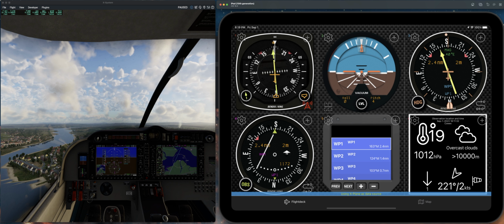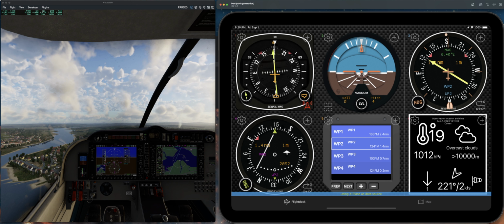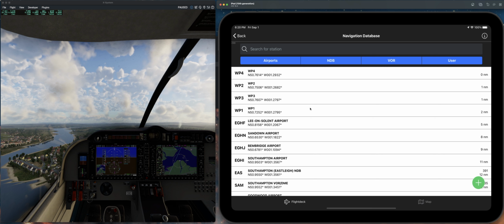What that actually tells you is that both those instruments are slave to the flight planner. So if I now hit next on the flight planner, you can see both the ADF and the VOR automatically tune to waypoint 2. I've added a new bit of functionality to the HSI and VOR, which is called auto OBS, which basically means whenever you tune either of these instruments now, whether you're in flight planner mode or not,